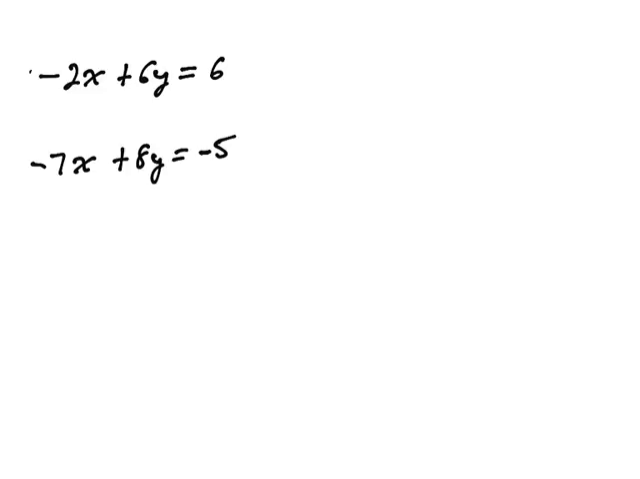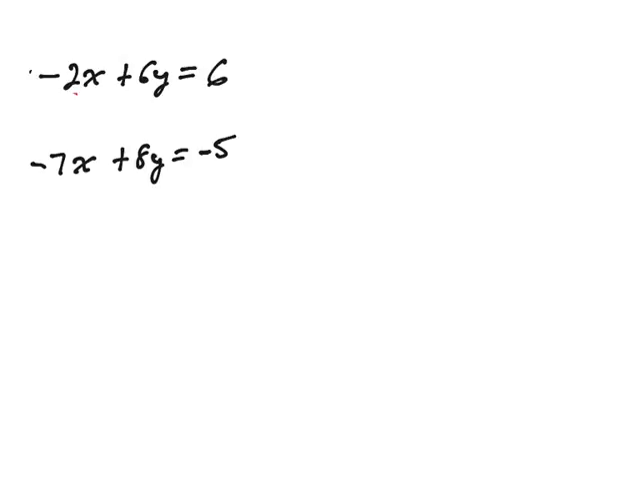So what I see is right here that I have a negative 2, a positive 6, and a positive 6. So these are all even numbers. So the easiest path for me here is going to be to solve this first equation for x. Because since these numbers are all even, I could divide by negative 2 very easily. So let's go ahead and take a look at that. My first step here